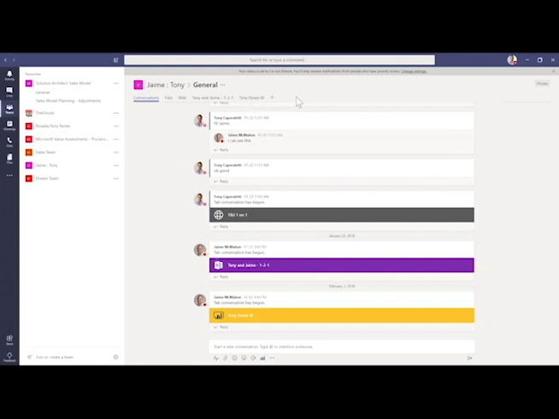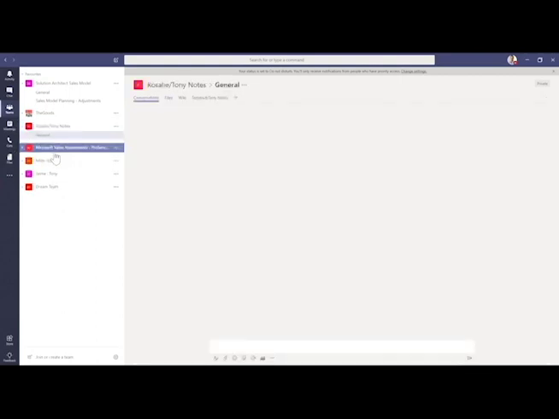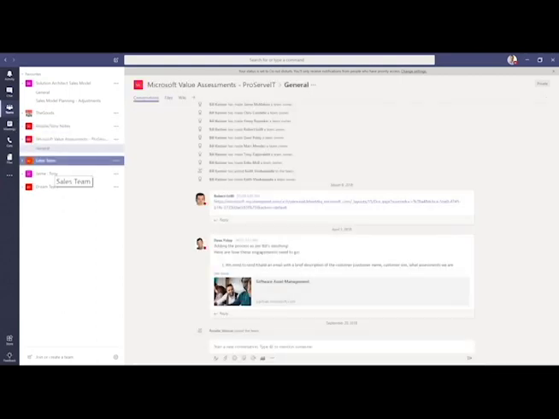We can add and remove members, and we actually can manage the security and permissions to this particular team right within this dashboard. If you notice here, you can add files to this particular team that's been created. A lot of things that I use, to be honest with you, I use OneNote a lot. So a lot of these different teams that are created, we've added a OneNote notebook to them to share content back and forth.